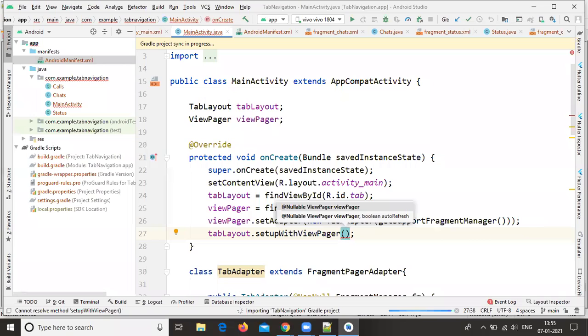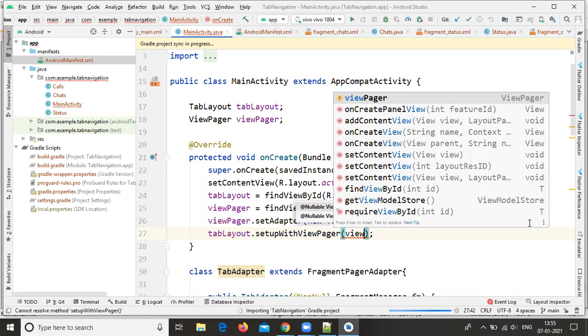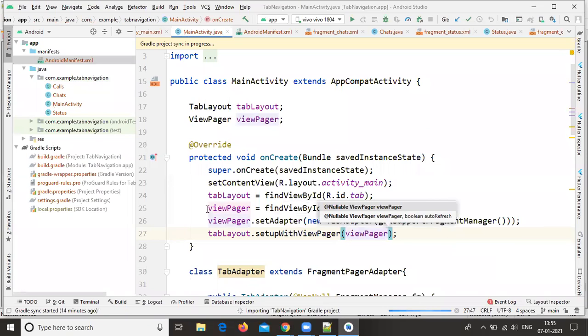Here you need to call your view pager object, that is viewPager. Let me repeat: viewPager.setAdapter, new adapter. Inside this adapter, you pass getSupportFragmentManager, because the fragment manager takes care of fragment removing, adding, replacing and deleting. After that, we implement setupWithViewPager on the tab layout.